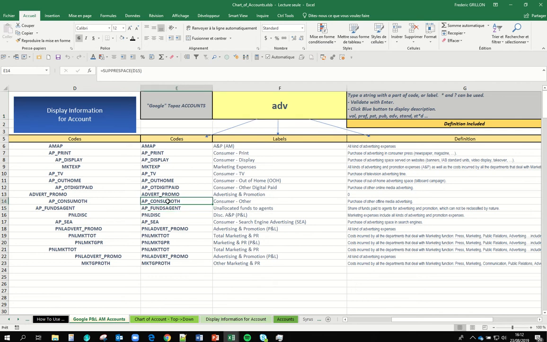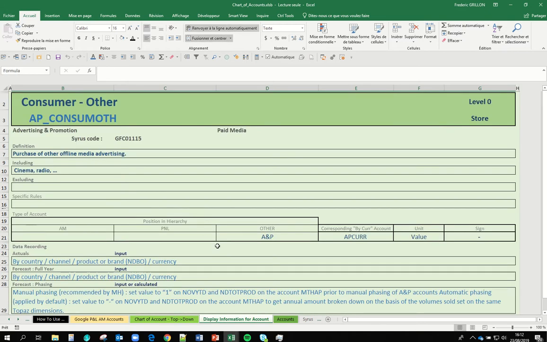Let's say I was looking for that one. Consumer other, purchase other. Let's say I want to go. And if I come, I have the page for this. You also have some kind of Cyrus code. If I come back to the sheet that is before,